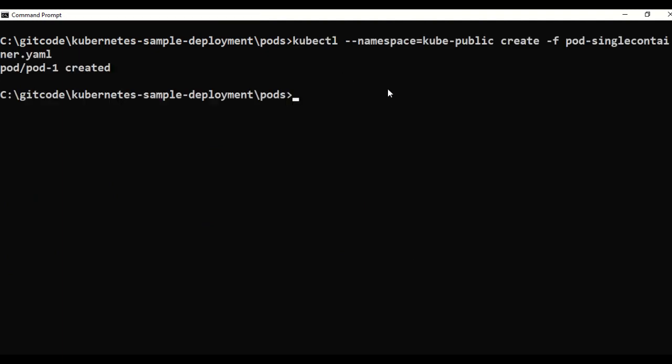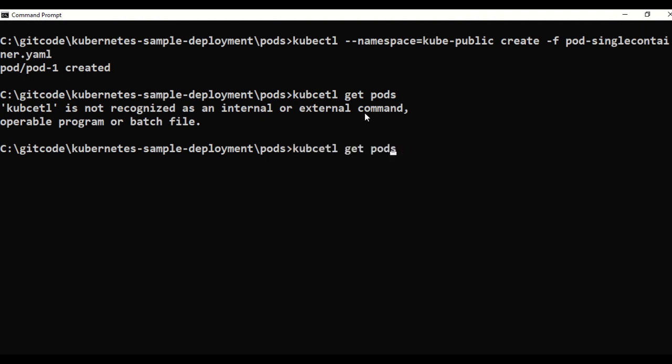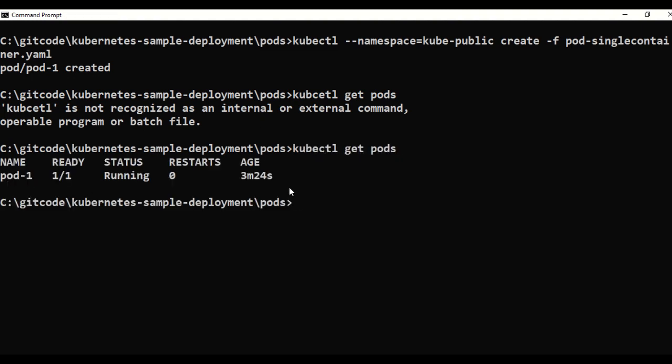Okay, so just run this command and you can see that it has created this. Because I have used a different namespace, it was able to create a pod with the same name. So if I do get pods, you will see that one pod is there. But if I do kubectl get pod